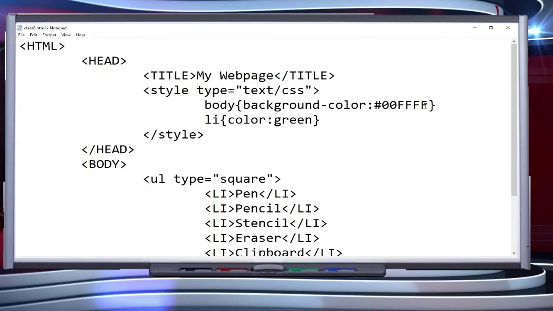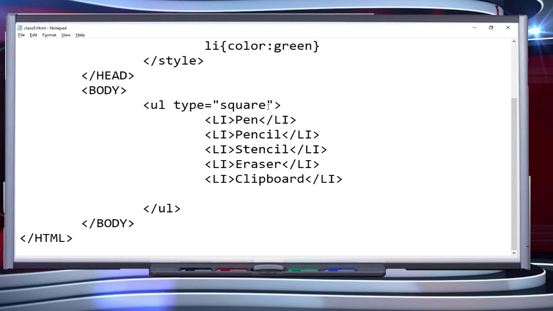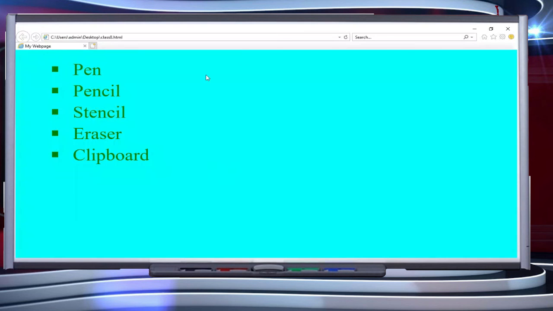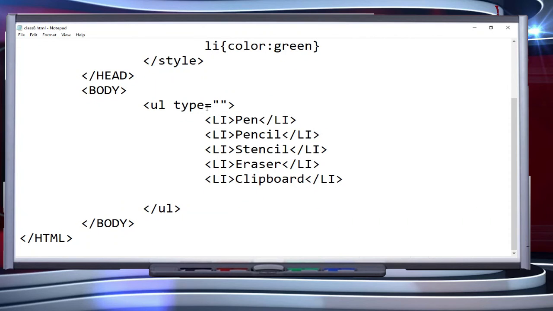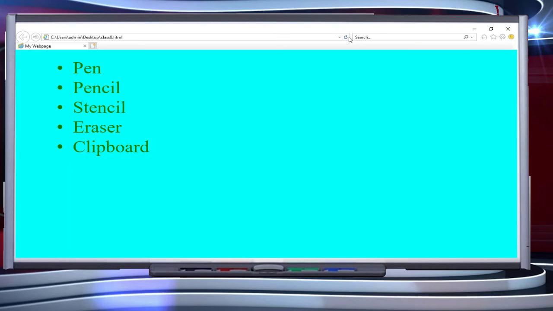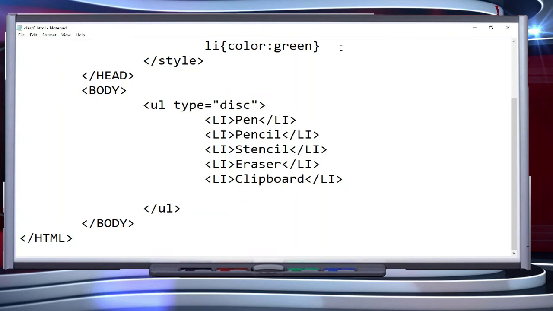Again back to notepad file, instead of square I'm writing here circle, save it. So this is circle, and try to use small characters. Disk and circle.